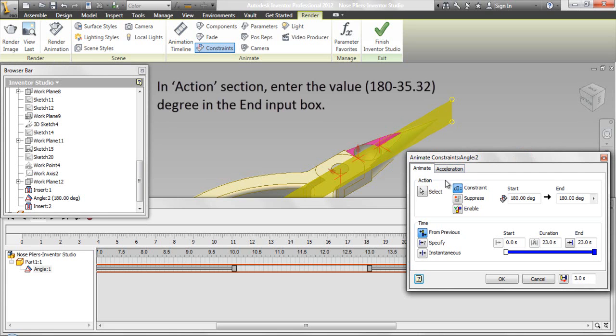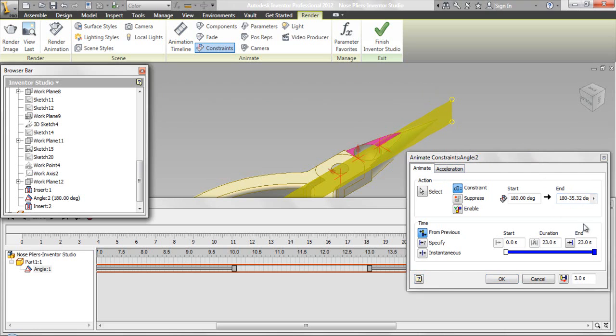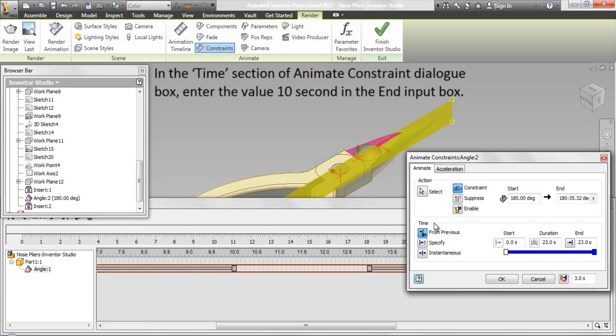In Action section, enter the value 180 minus 35.32 degree in the end input box. In the Time section of Animate Constraint dialog box, enter the value 10 seconds in the end input box.